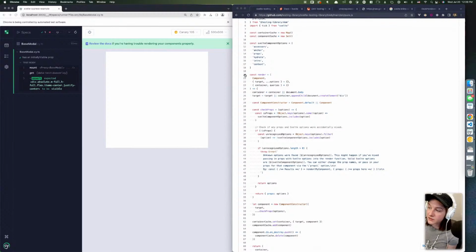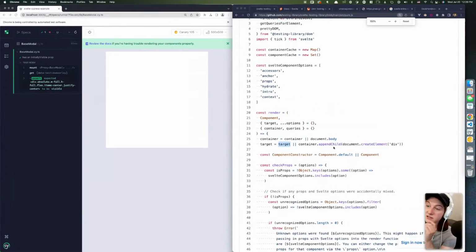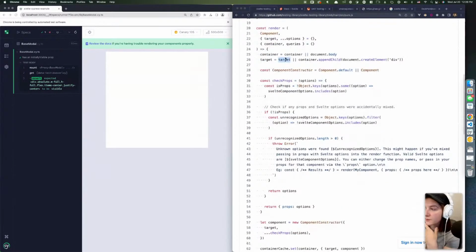The way that Cypress works is it gives you a target, which is this iframe. Let's make this bigger so you can see it. It gives you an iframe, basically a target, and you can mount onto that. Svelte is extremely simple, which is lovely when it comes to mounting components. In Vue, we have all these global considerations like plugins, globally registered components, etc. And in the testing library for Svelte, there's none of that,